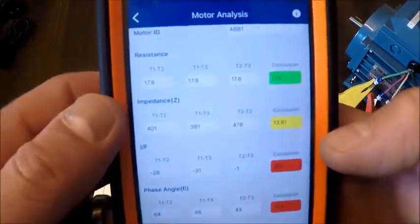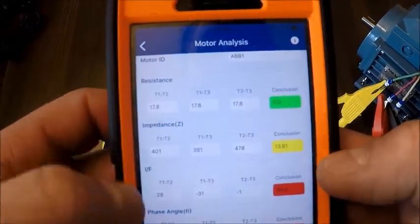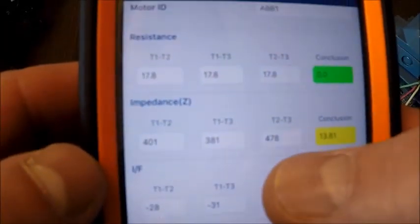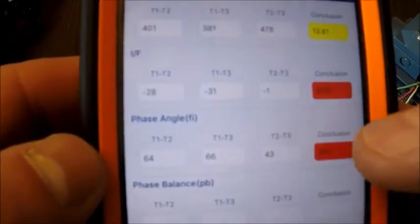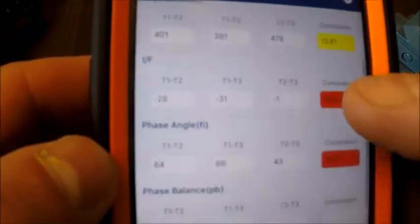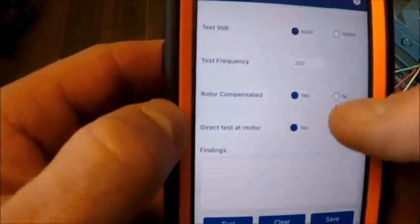So, not knowing much about what any of these tests mean, we're looking for deviation. And I don't know how well you can see this, but we have a pretty substantial deviation on our impedance, our phase angle, and our current frequency response. And it gives us greens, yellows, and reds for worn and bad. So again, the beauty of this is it's kind of outputting